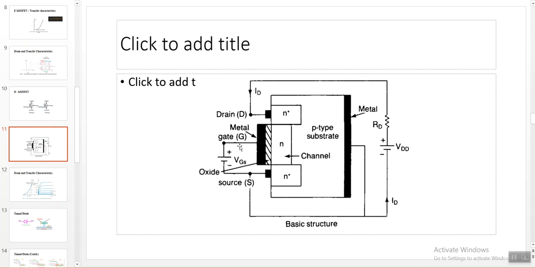Now what happens when VGS is going to the negative side? I mean, when negative voltage is applied to gate to source voltage, what happens? So here when -1 volt is applied, the electrons on this surface, on this N channel, are repelled or pushed, and they get recombined with the P holes of the P substrate, so that a lesser amount of electrons will be present here at -1 volt due to repulsion of electrons. So when VDS is increased, we get a lesser amount of drain current, since there is a lesser amount of electrons present in this surface due to repulsion, due to this negative voltage.